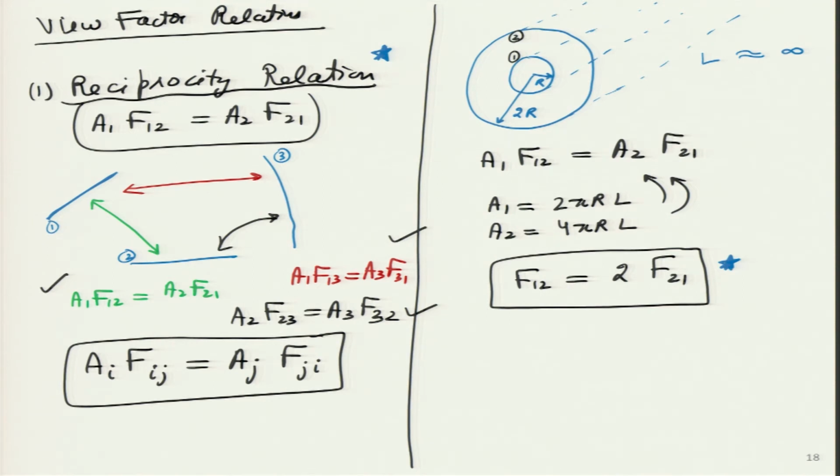This is something that we will do very soon. We will be able to find out the exact value of F12 and F21, and towards the end of the lecture we will also be able to find out F11 and F22, because for two bodies there are two surfaces and 4 view factors. Then similarly for 3 surfaces there will be 9 view factors. So, we will be able to figure out all of them. Be confident that very soon we will learn all these things. So, this is the first relation that we have studied, called the reciprocity rule.